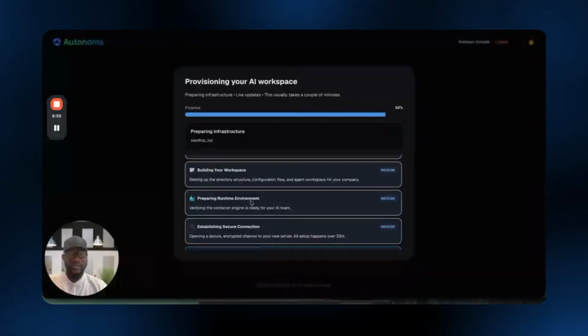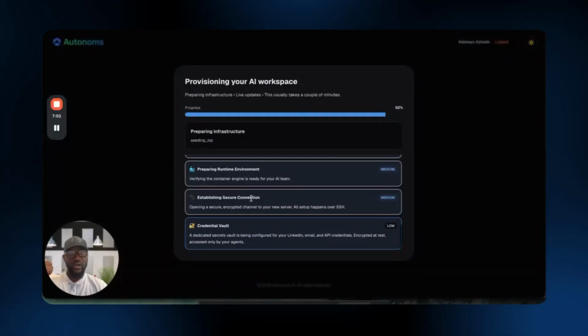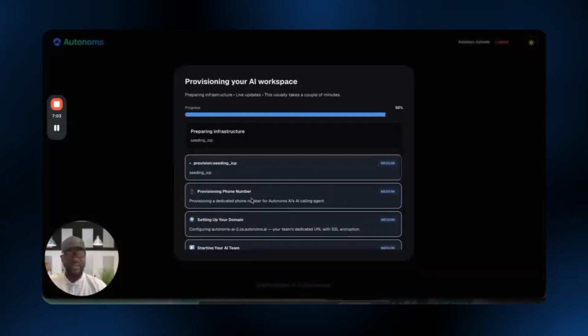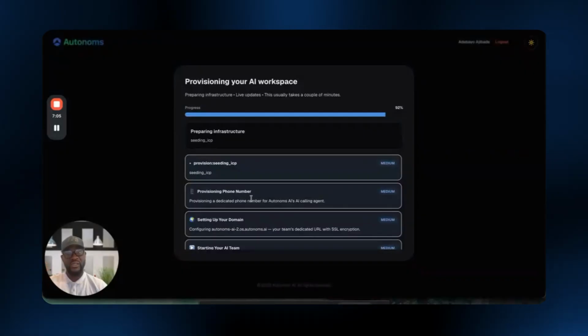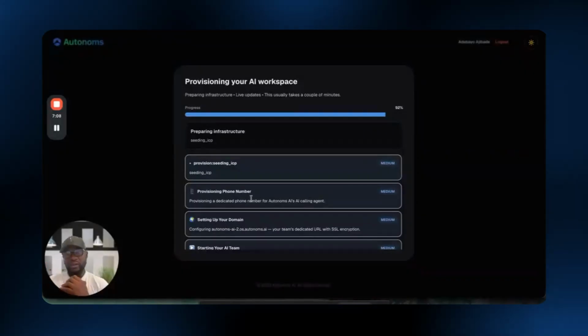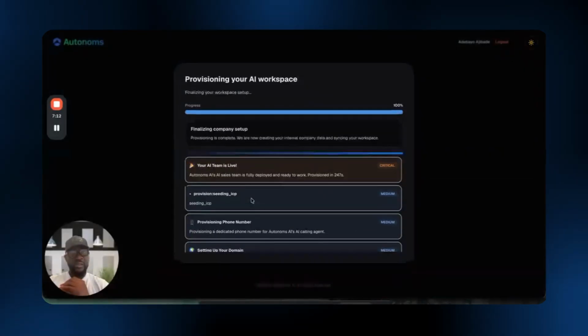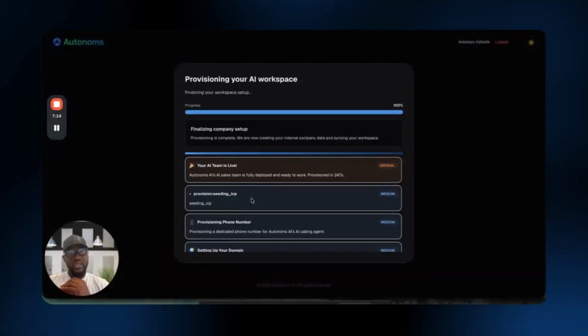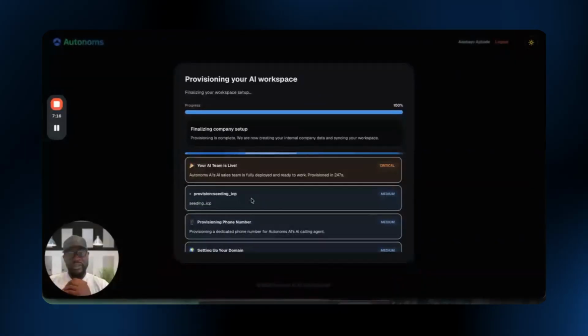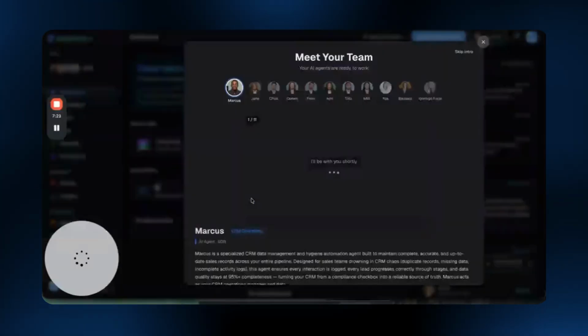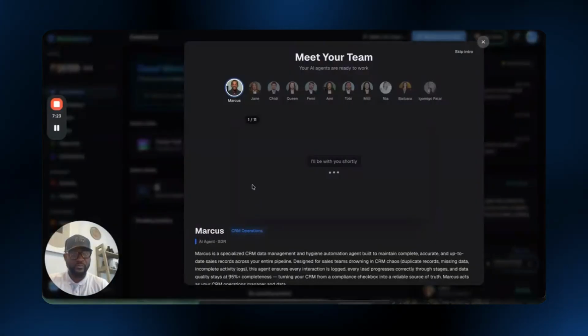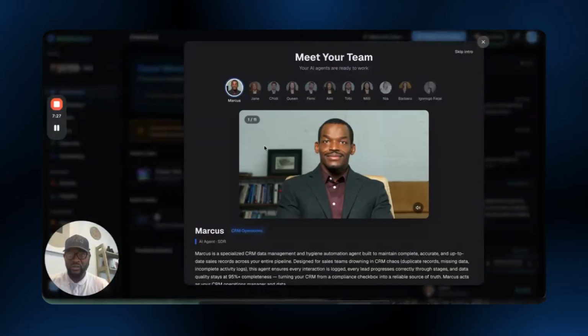Prepare your workspace, your runtime environment, your open claw, secure connection. Everything that it does, it reports. Right now, it's seeding your ICP. Remember, it understands your ideal customers. It has done research, it has asked you questions, it has gone on your LinkedIn. It is going to give the team members all the contextual information they're going to need to perform their role. All right, so now meet your team. Once it does that, the team actually goes on a quick round of